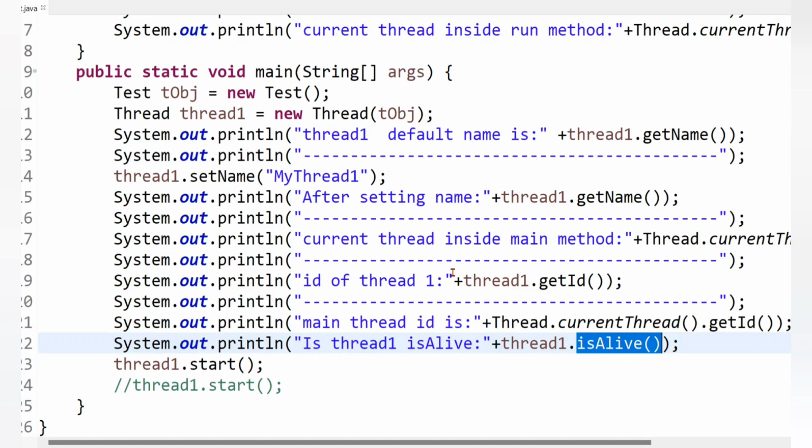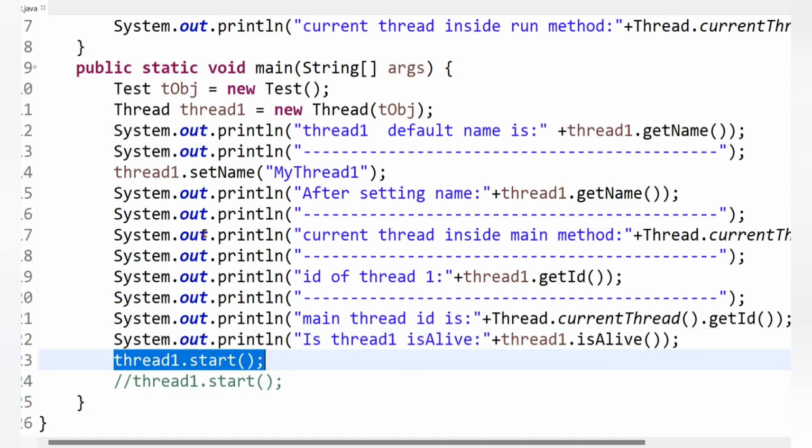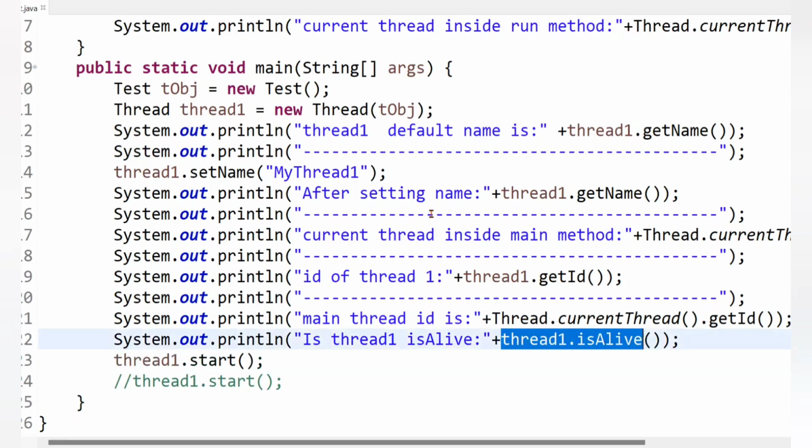Okay. So basically, simply keep in mind the isAlive method in Java is used to check if a thread is currently running or has completed its execution. It returns true if the thread has been started and has not yet terminated. Otherwise, it returns false. Okay, clear? So here the isAlive method will return false. That means thread 1 is not yet alive or active because here we have called the isAlive method before starting thread 1. Actually, when a thread starts its execution, after that the thread becomes alive, and therefore here it will return false.